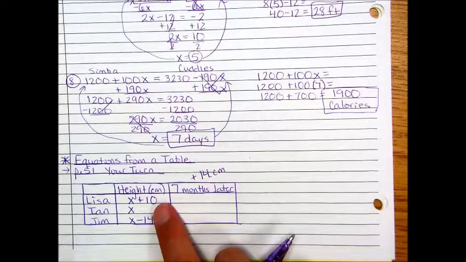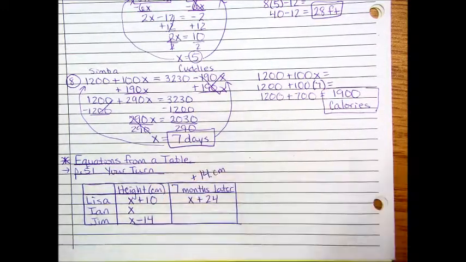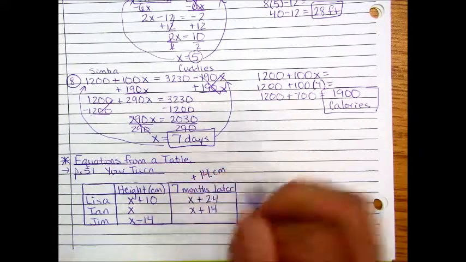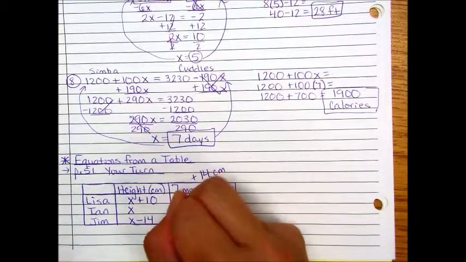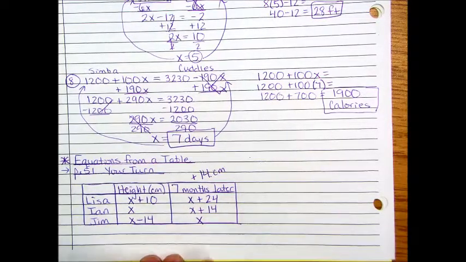So if we add 14 to x plus 10, we're going to be at x plus 24. Ian would be x plus 14. And if we add 14 to Jim's expression here, Jim is just going to be at x because the minus 14 added 14 to it would just be x. So now we can finish up and set up an